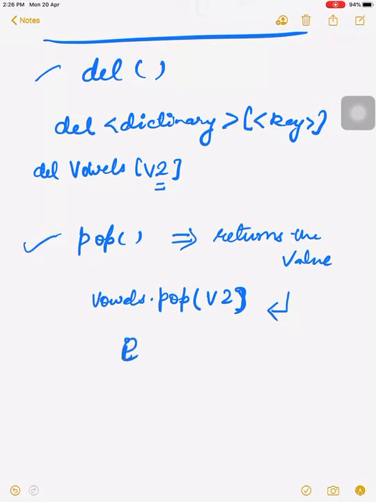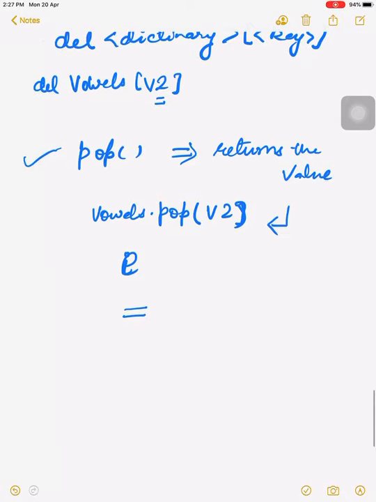So whenever we use this and press enter in our interactive mode, the value which is on the key V2, that is I, will be deleted, and it will also show in your output which value has been deleted. So that is the difference between the del and pop functions. There are two differences. One is the syntax is different, and the other difference is that the del function does not return the deleted value, while the pop function returns the deleted value. Hope you understand it.